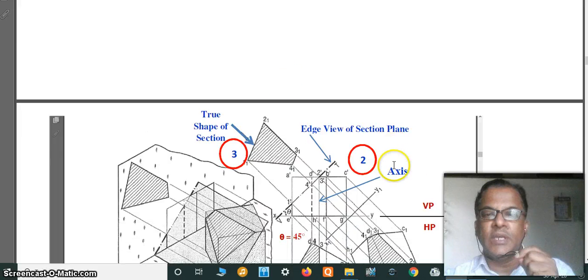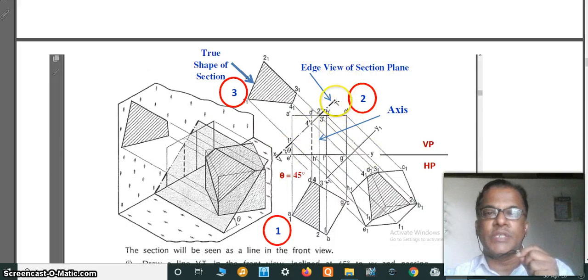Perpendicular to VP means you can see the edge view in the VP. So this is the edge view of the section plane in the VP, and the angle with HP we can take with that edge view in the VP. That particular section plane is passing through the top of the axis here. Now this is the axis of the cube. Again, join the diagonals AC, BD. The intersecting point is O here, for example. So take that O point from here to here in the front view. So this is nothing but the axis, and this is the top end of the axis. So through this top end, draw this line at an angle of 45 degrees.